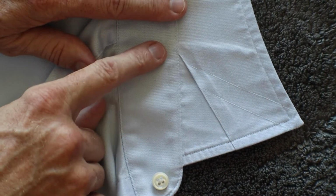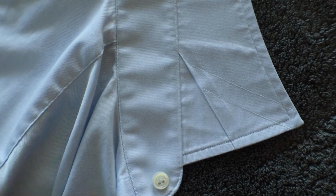Now, if you have a shirt where the collar stay is this plastic arrow, well, first of all, I would advise you to get a shirt manufacturer that is of higher quality, perhaps. But if it's plastic, just throw it away. I mean, quite honestly, they're garbage. The shirts that I wear are made-to-measure shirts. They use this